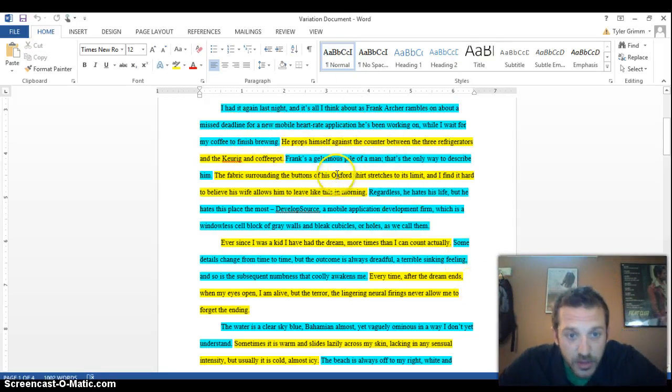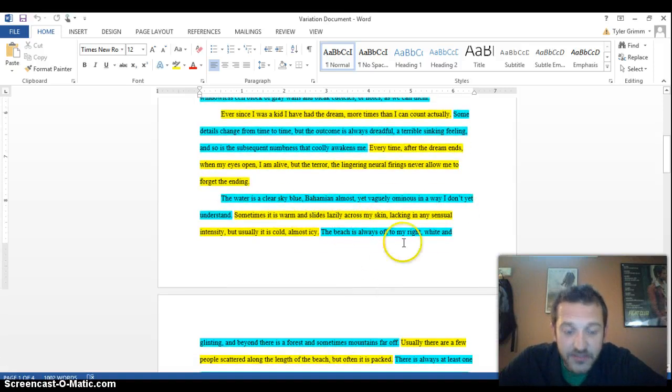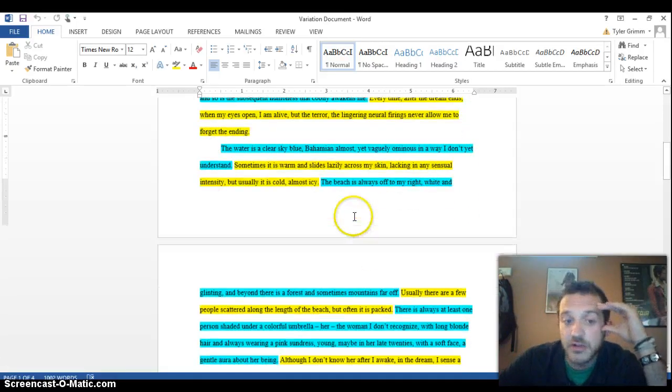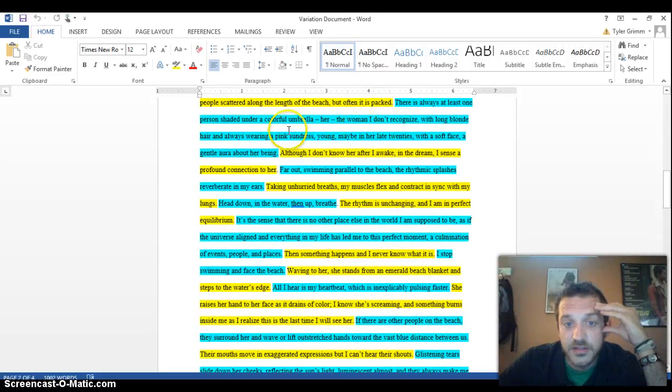So here's, going back to variation, a paragraph that isn't long, but it's definitely longer than this next one. And notice the number of sentences in each paragraph. So this one has 1, 2, 3, 4, 5, and then this one's only three sentences. The next is a very descriptive paragraph that details a dream, and this is a longer paragraph. And notice that there are several fairly long sentences in this.